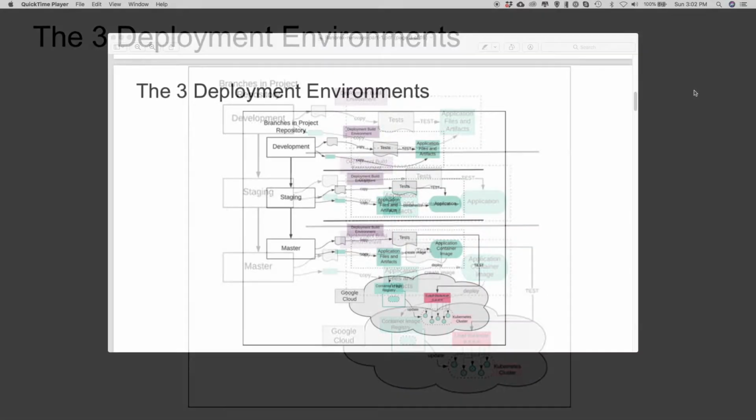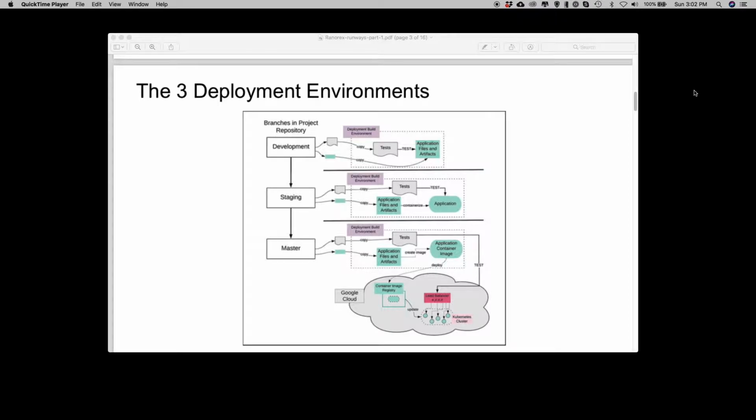During this set of lessons, we're going to talk about how to deploy a sample application over 3 distinct deployment environments. The first environment is development, and development is typically the place where source code that's been checked in by a